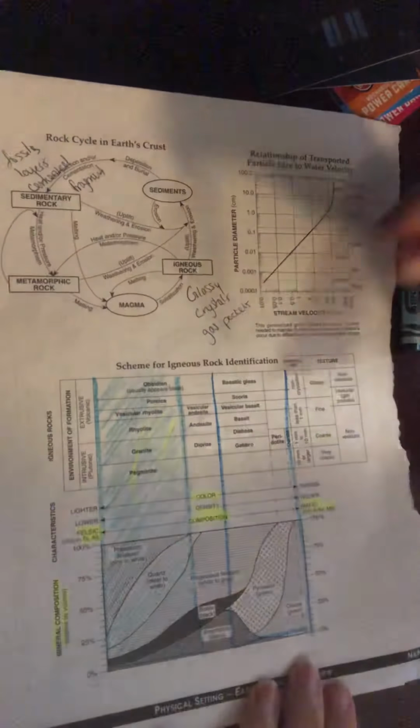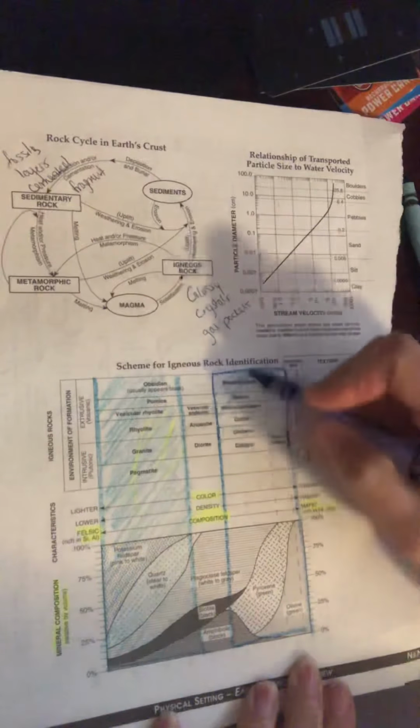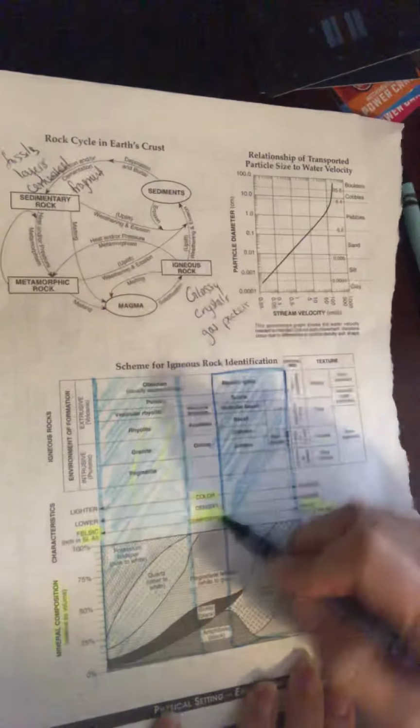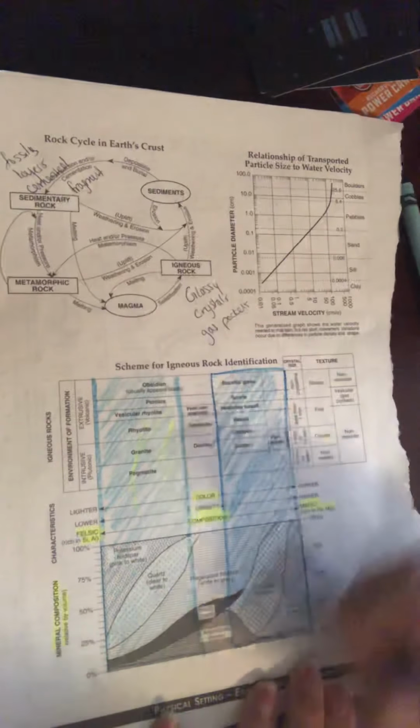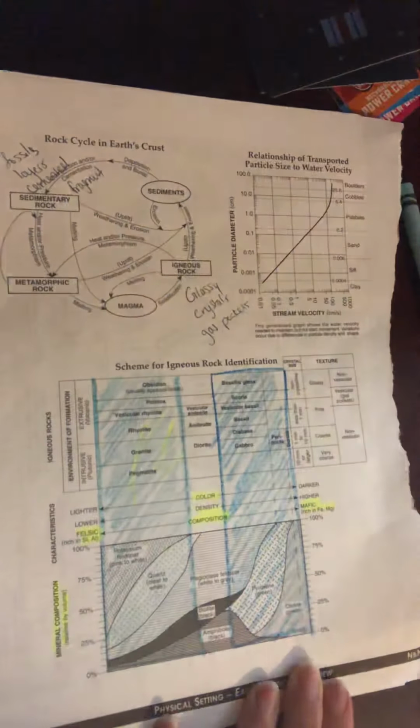Okay, so now we're going to focus on our dark rocks. You're going to take your dark color, bring it over to the right, and lightly shade that again so you can see the names of the rocks. Now, once you've done that, what I want you to do is take your black crayon, and what you'll notice